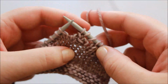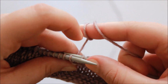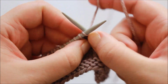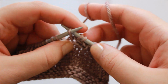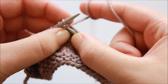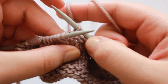and then slip both stitches from the left hand needle, and you'll hopefully start to see our braid appear. Transfer the last work stitch back to the left hand needle and repeat again. Knit through back loop of second stitch, knit through front loop of first stitch, then slip the last work stitch to the left hand needle, right hand needle behind, knit through the back loop of the second stitch, knit through the front loop of the first stitch, slip the last work stitch to the left hand needle,